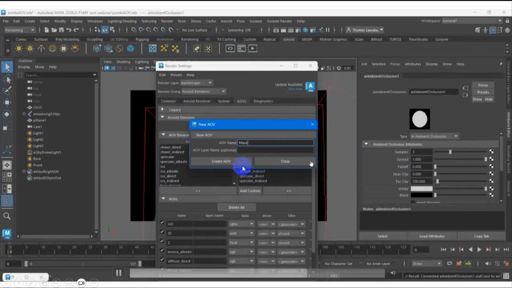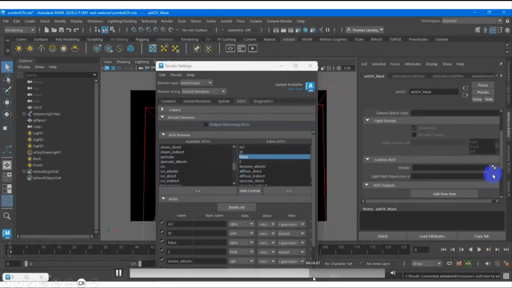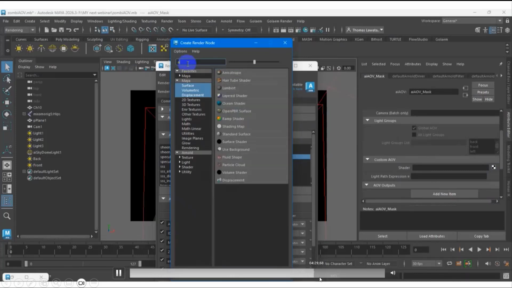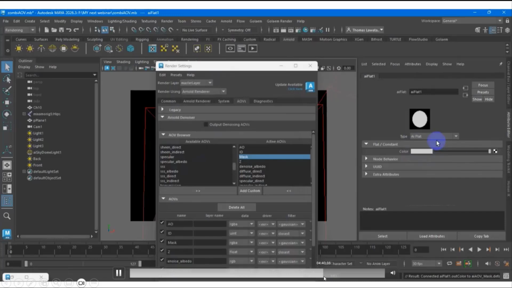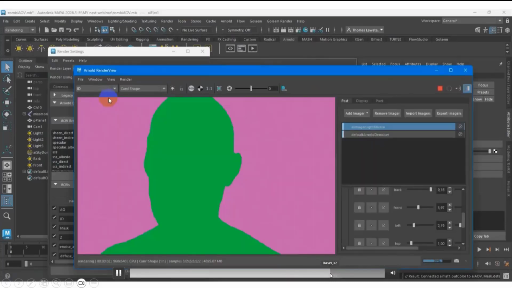Let's say you want to create some mesh, I think same. Again, any kind of channel you want to create custom, you can customize. This is the idea. Once you render, automatically they list at the top of the Arnold render view, like Z channel, AO, specular direct, indirect, diffuse direct, indirect, something like that.